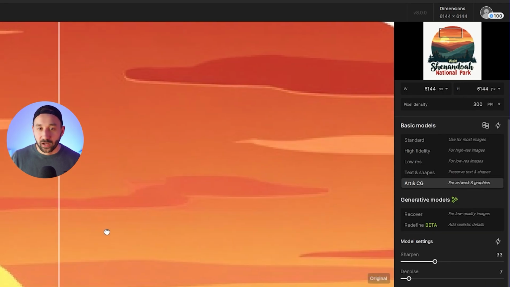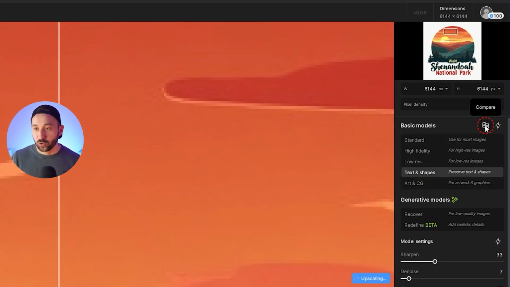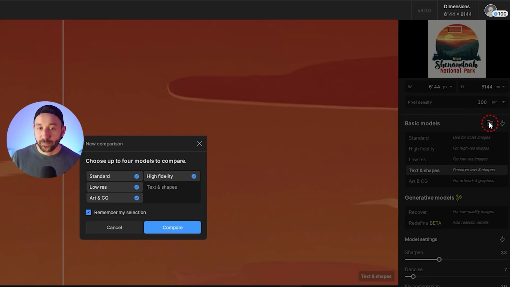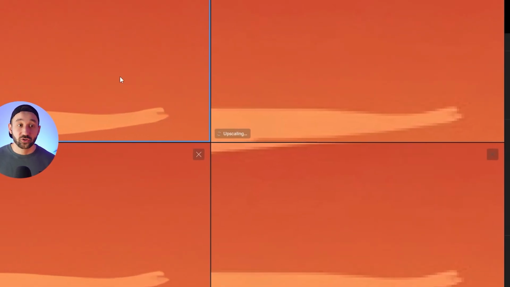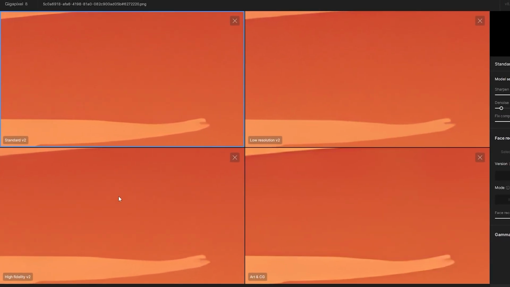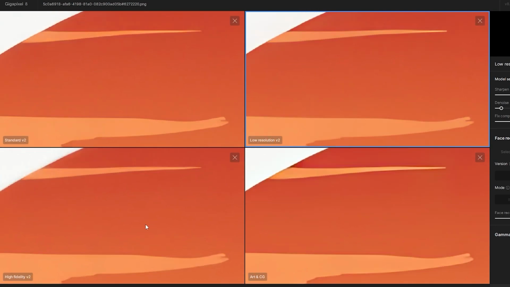Art and CG. Now it's very tough to see a difference just clicking through these, but there's a really cool feature that they've implemented called Compare. So if we click on Compare, you can actually choose 4 of the models right here, and then click Compare, and it's going to open up a split view between the 4 different models and show the results in comparison. It takes a while to actually render each model,